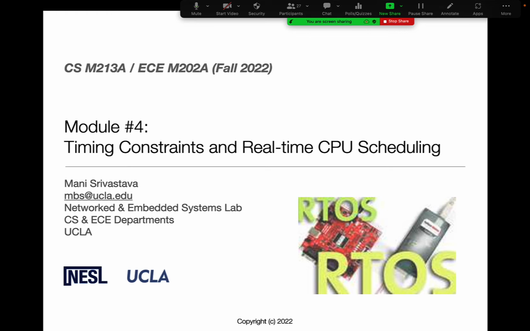At that level, we left hanging the question that we keep talking about timing and scheduling, and the purpose of this module is to go one level deeper into what goes on and what is involved,